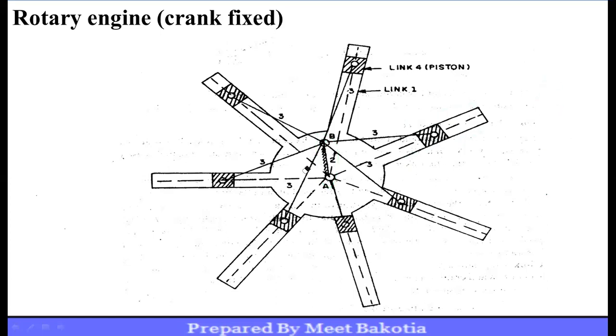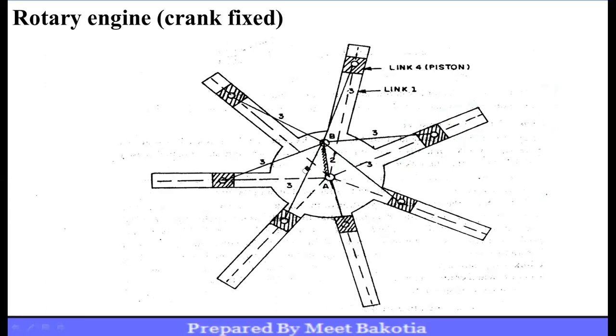So whichever motion the crank has, the cylinder is going to take that motion. So if the crank is fixed, it used to rotate. Now this time, all the cylinders, the whole engine is going to rotate. Hence, this is called the rotary engine. Gnome engine or V-type internal combustion rotary cylinder engine